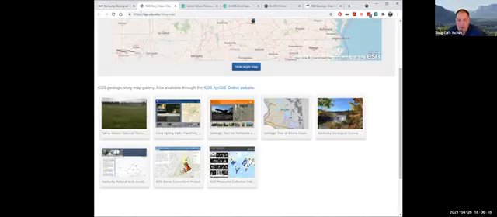Let me stop my share. So that's the kind of landscape of KGS story maps. And so my next part, I'm going to do a little PowerPoint just to give a little background on what you need to do your own story map. But you can build these pretty quickly, and you'll see this here in a minute when I do the story builder. What I'm hoping is to build one in the next 15 minutes.